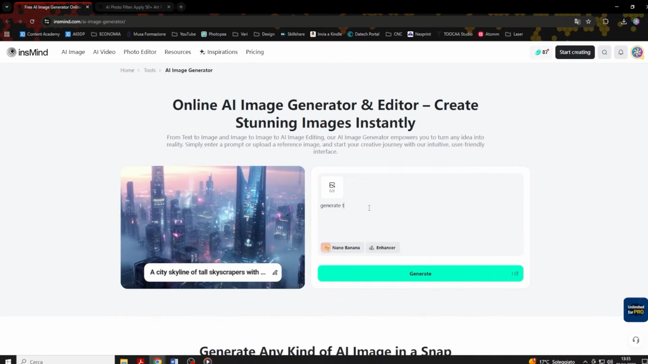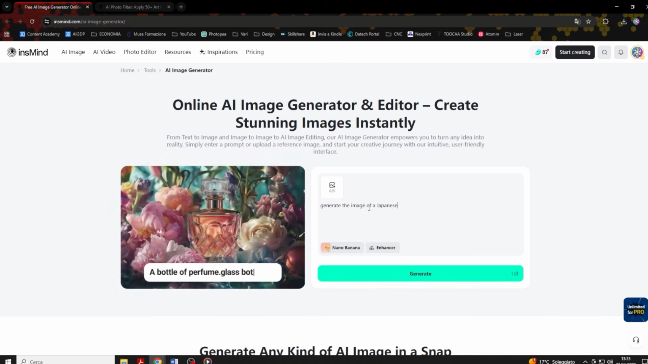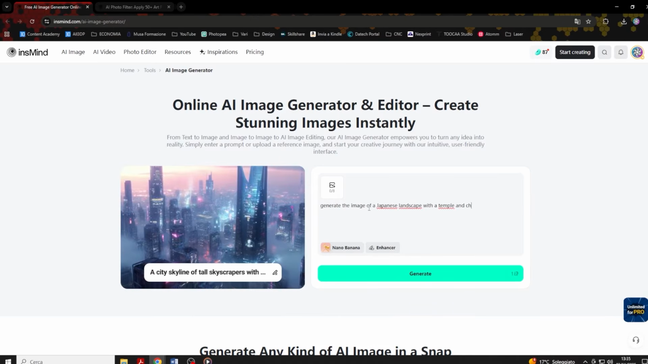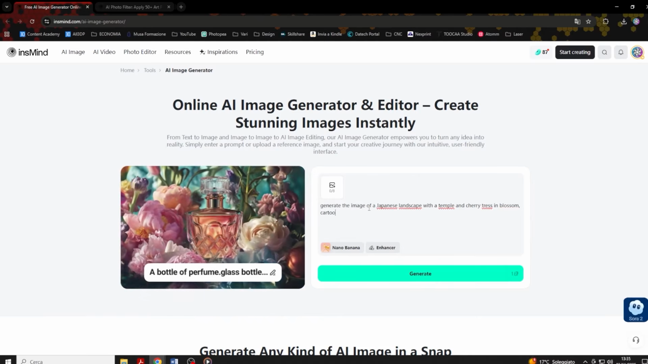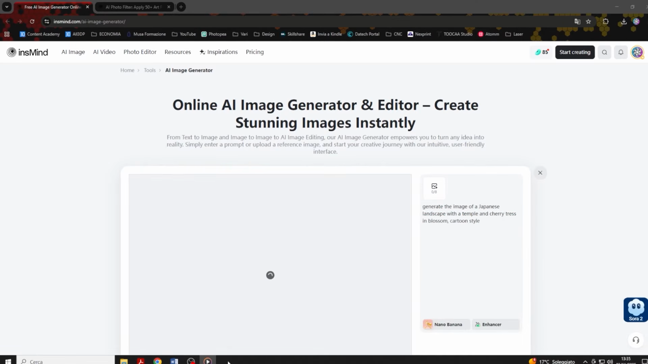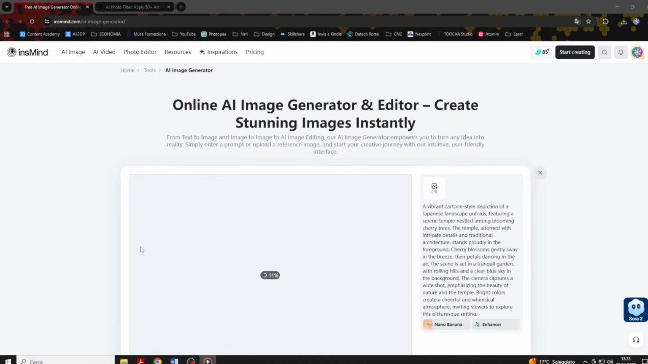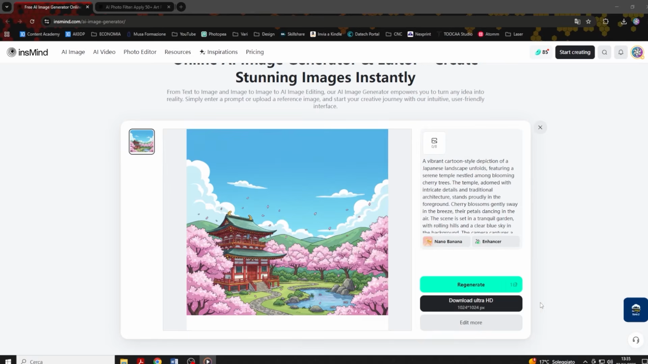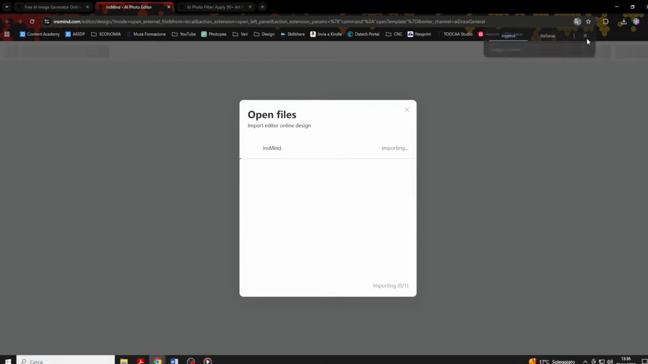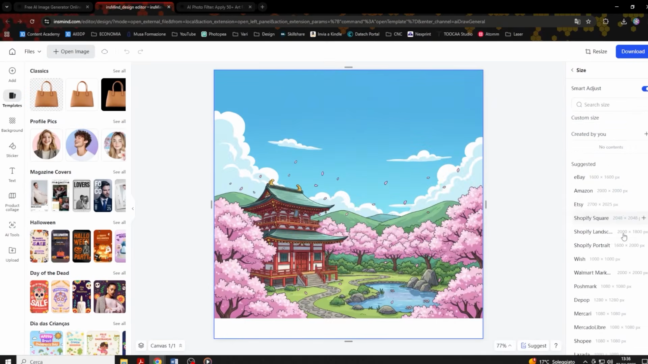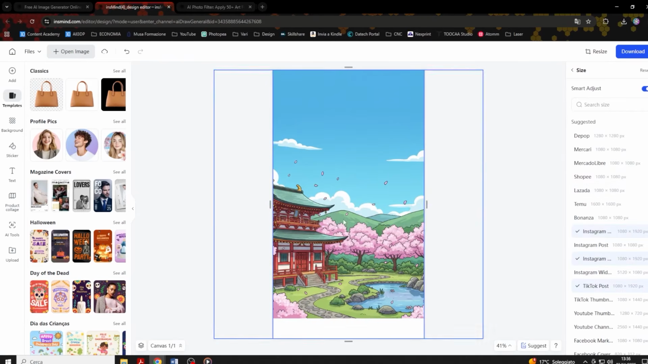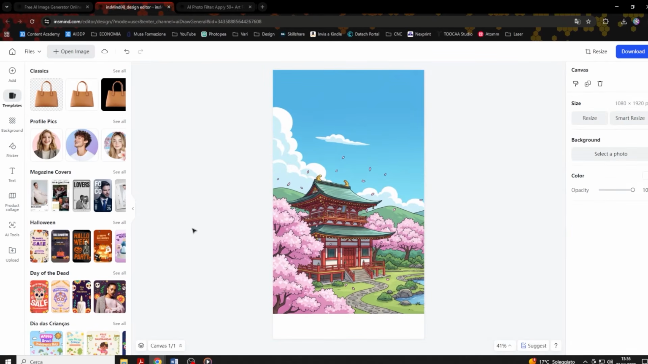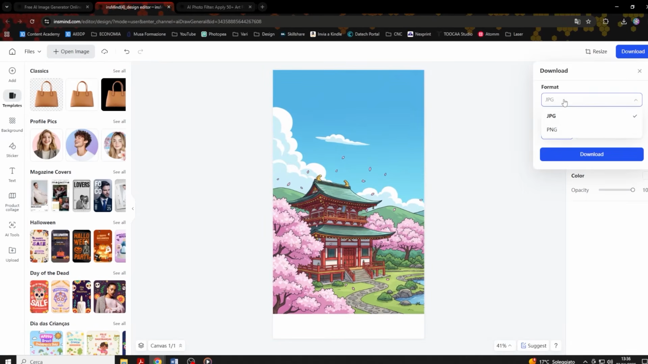So let's create one right away. As a subject, I choose a Japanese landscape that might appeal to those who are fascinated by the country or appreciate images of these views, including myself. So I ask it to generate a Japanese landscape with a temple and cherry blossom in cartoon style. The result is really beautiful, and I can also edit the image directly in insMind to obtain the ideal vertical